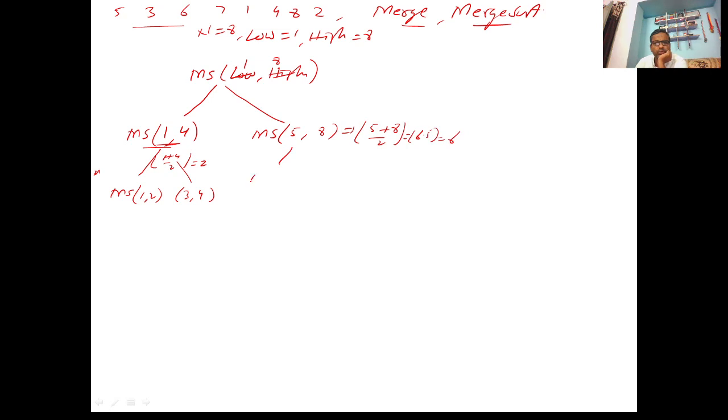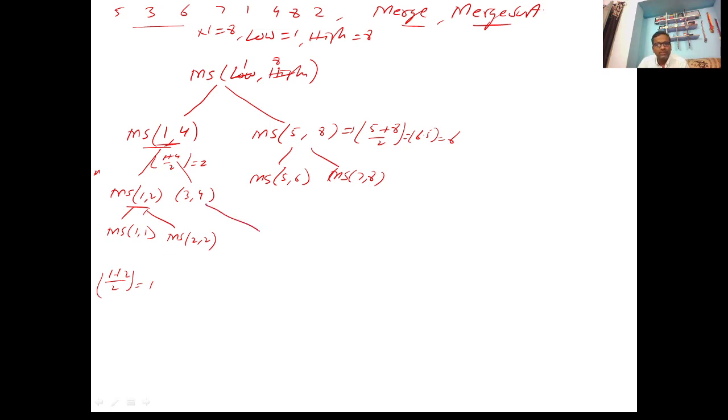So there will be two calls. One is the merge sort with 5 and 6 as arguments. The second one will be merge sort with 7 and 8 as arguments. Now concentrate upon this one. So here mid will be equal to (1 plus 2) with floor value, so it is going to be equal to 1, isn't it? It's going to be equal to 1. So the list will be 1 and 1, and the second call will be merge sort with 2 and 2.